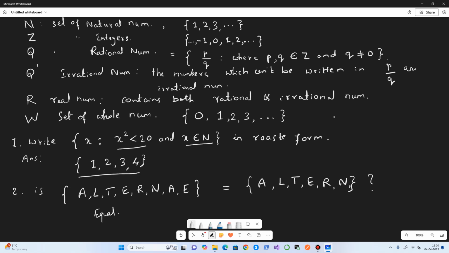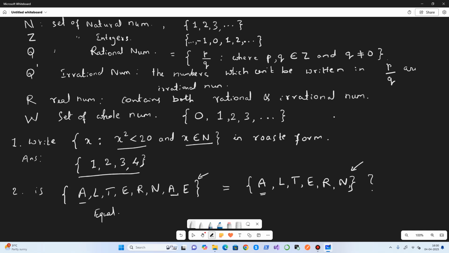Here A is repeated, and in the second form we have written it only once, and the rest of the letters also we have written uniquely. So the elements are repeated in the first case, whereas in the second case the elements are collected uniquely.